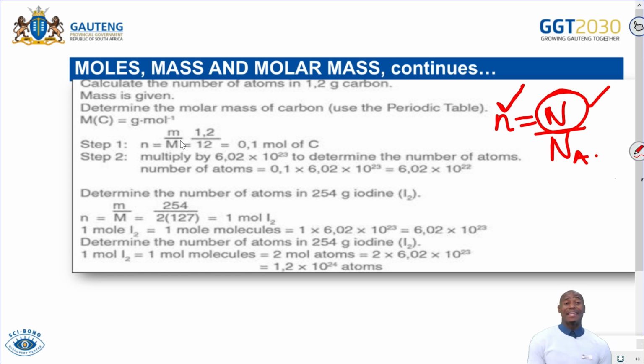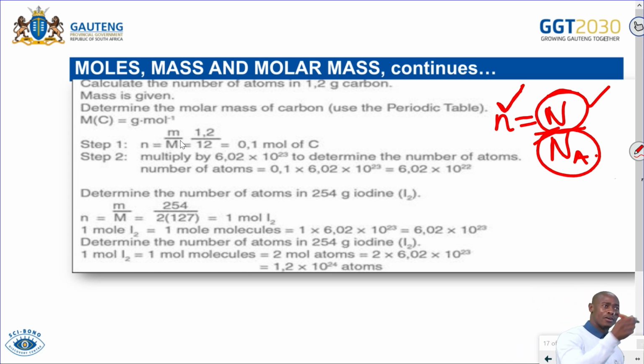Or if we are given the number of moles, you can calculate the number of particles: atoms, molecules, ions, and formula units. But they won't say calculate the Avogadro's constant or the Avogadro's number. It's a constant. It is there on your data sheet, or the table of constants. So there's no need for you to memorize it. As long as you know that Na is Avogadro's constant, even if you don't know that value, it is there,